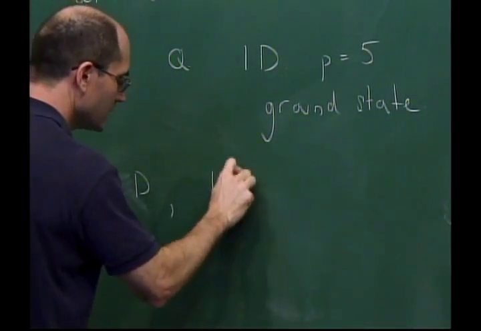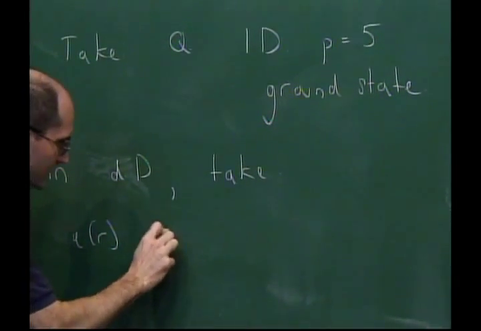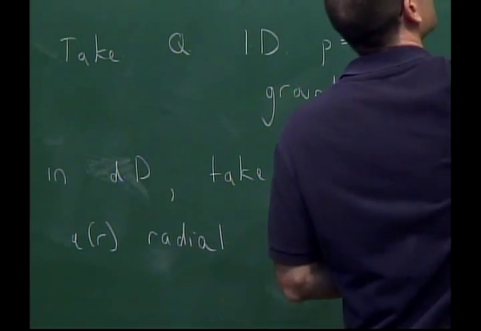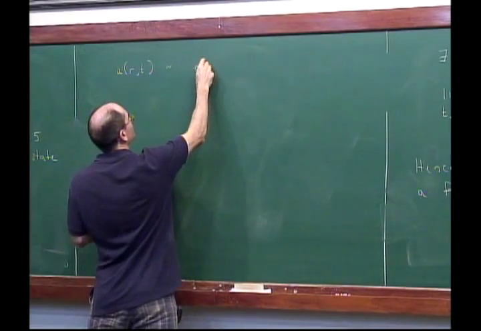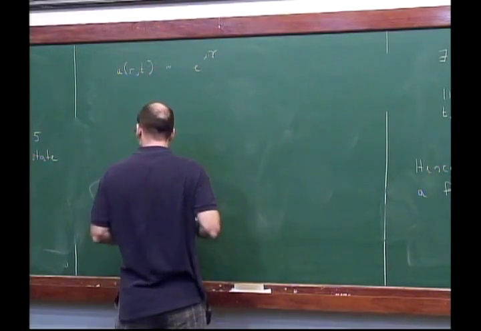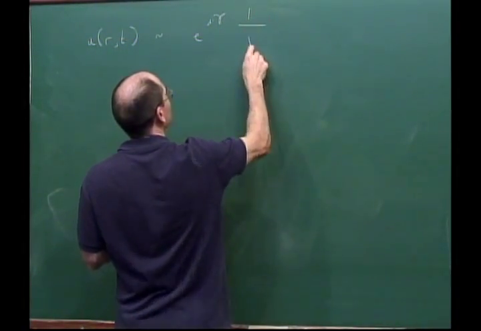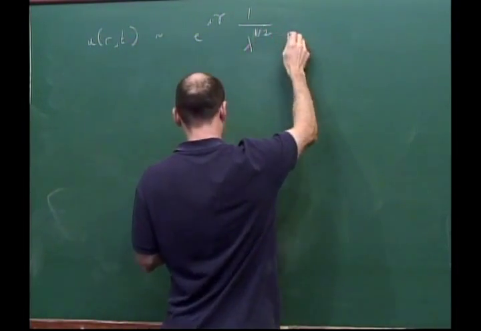Take u of r to be a radial function, and prescribe a solution to leading order, which is like the L2 critical blow-up, but at radius 1. So this would be one half and Q,